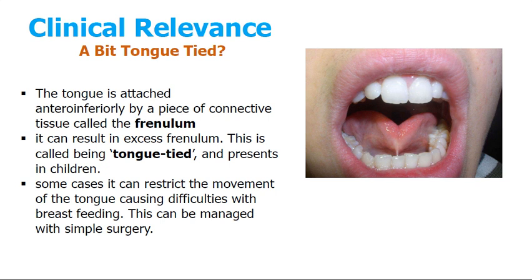But if the frenulum is enlarged, or even if it is a big one, this might cause some limitation to the mobility or movement of the tongue. And in this condition, we will have some restriction of the movement of the tongue, and the condition is called a tongue tie. Sometimes when we ask the child to protrude his tongue, we can see the tightness of the tongue, which cannot be protruded more outside the oral cavity,